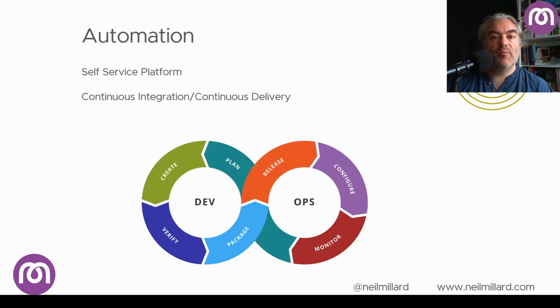DevOps is the result of operation skills and developer skills coming together so that we can automate the infrastructure. Building servers or applications and tools in the cloud are the hallmarks of a successful team. The key to increasing efficiency and delivery is automated deployments. In the repetitive nature of build, test and deploy, we can automate these stages to make them easy and quick for the developer teams. Automating the deployment gives fast feedback to the teams so we can find bugs quickly and fix them just as quickly.